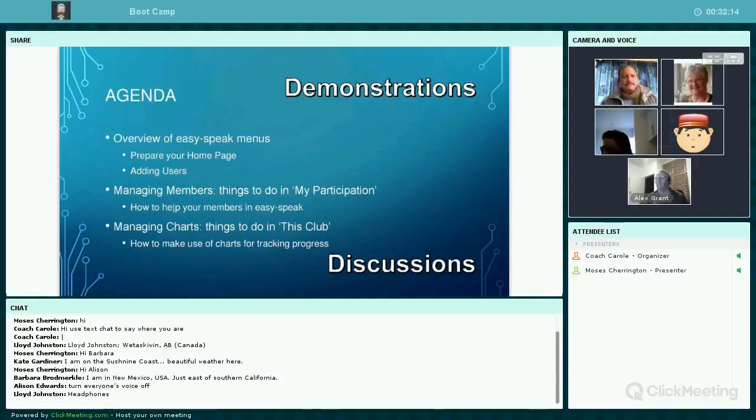And then thirdly, we will have a look at how some of your club officers can use the charts to do things as well, especially for tracking progress and helping other people in their Toastmaster journey. So that's the broad spectrum of our agenda today. But feel free to ask any other questions. Moses is going to help me out today and look for those in the chat.